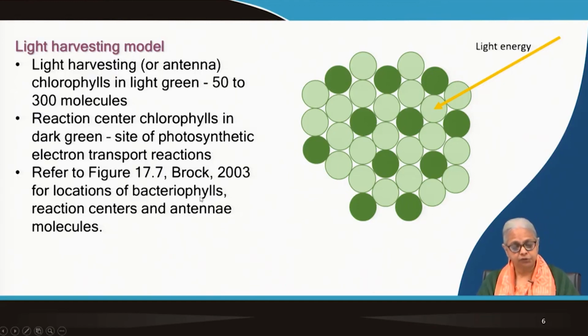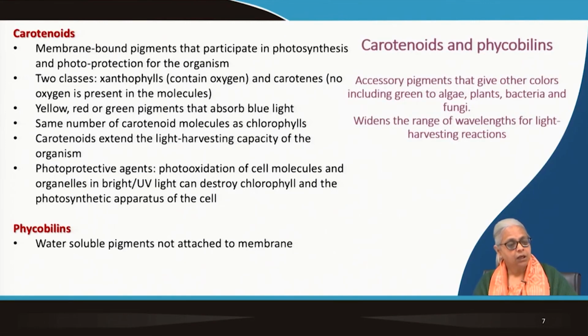So for the locations of the bacteria, chlorophylls, reaction centers, and antennae molecules, all of this is shown very clearly in the text, and you can refer to that. Let's now come to some other pigments. After chlorophylls, you can see that the chlorophylls have two basic